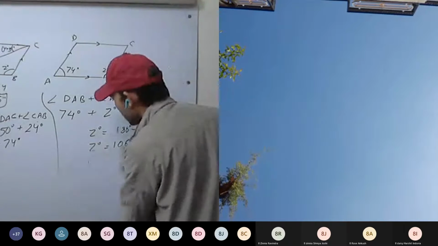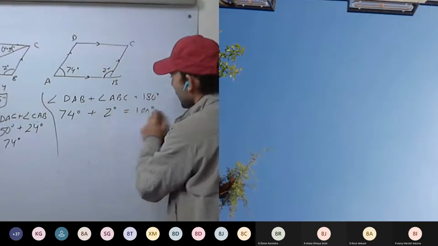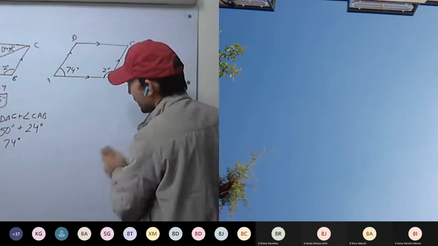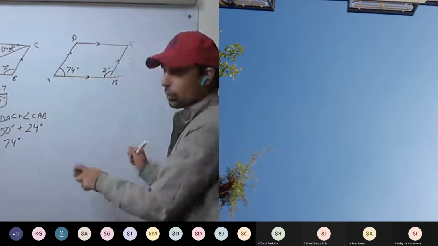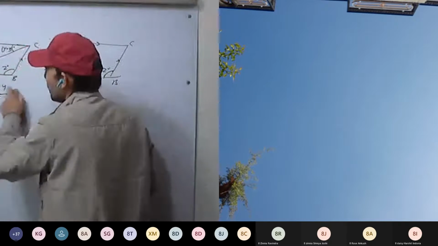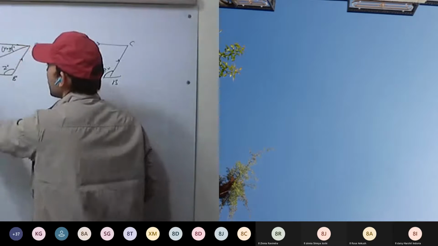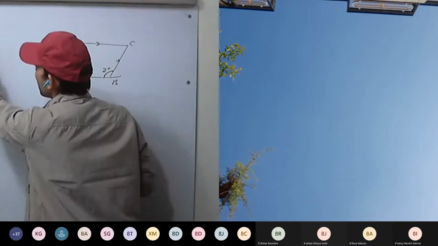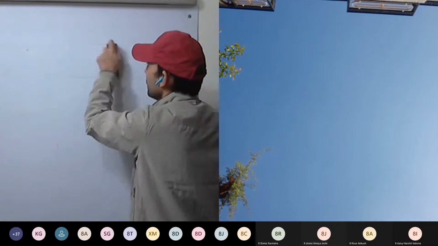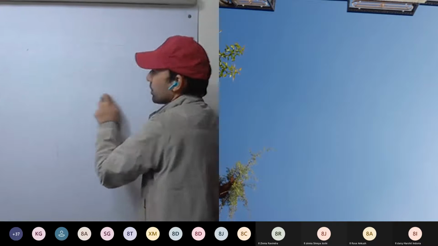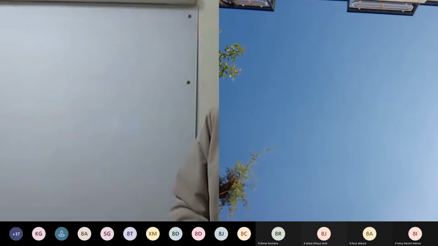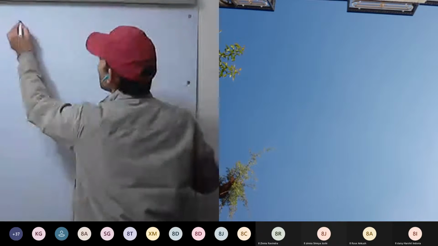Okay, now do the third one. Go through it once. Try to do it. First, see how you can solve, then write the steps. One, just look at the figure for a few seconds, 30 seconds to 1 minute. Look at the figure and what you have to calculate. Just try to figure out how you can do it. Then start doing the problem. So see here, this time what figure is given? First one.